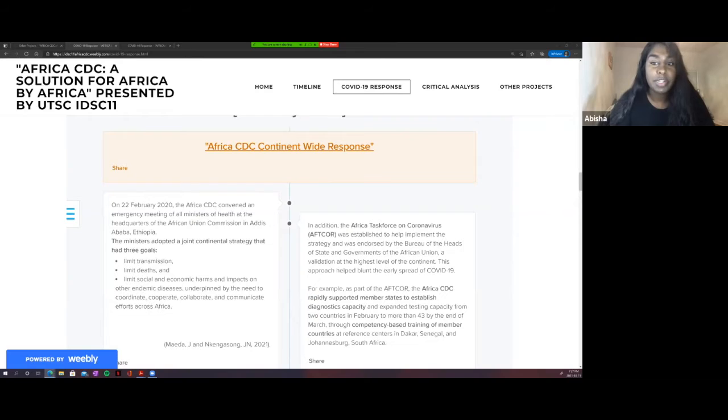So the first was to limit transmission. The second was to limit the number of deaths. And the third was to limit the social and economic harm that COVID-19 may have as an impact on existing endemics in the continent. So from the meeting and the establishment of the goals, we can see that Africa CDC, along with its other members,